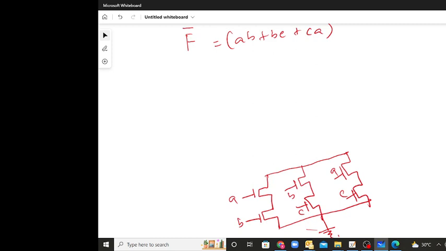So now if these two are in series, here they will be in parallel. These two will be in parallel, and there should be a bubble here, and here also there should be a bubble. So this is A and this is B, and then in series, here they are in parallel now, so these two will be in parallel, but in series with A and B. So now again I'll have